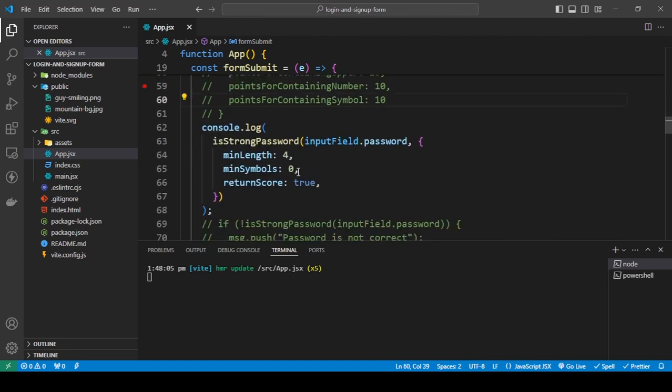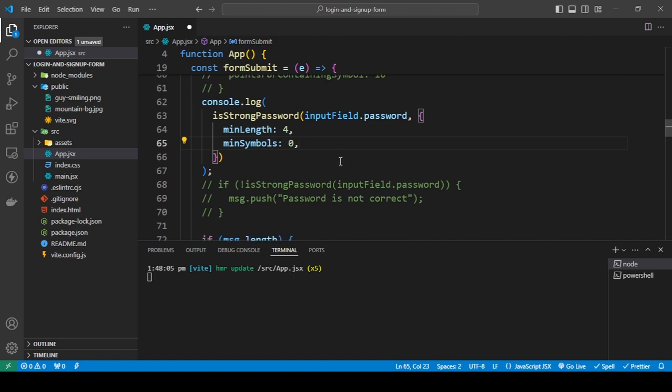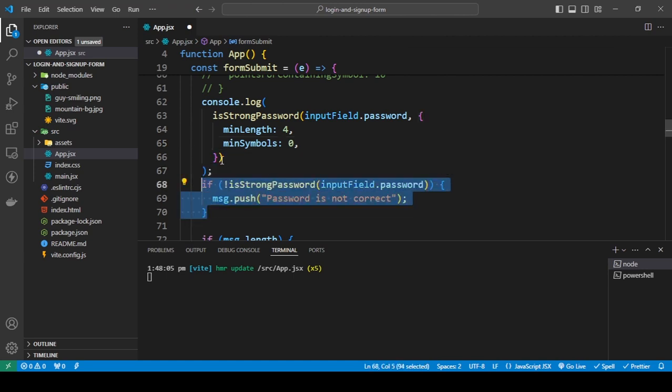Right now I want to keep things simple, so what I'm gonna do here is just say, okay, 4, and it doesn't need to have any symbols, but I want an uppercase, I want a lowercase, and I want a number. Those are the 3 things I want. So I'm just gonna uncomment this. I'm gonna go okay,